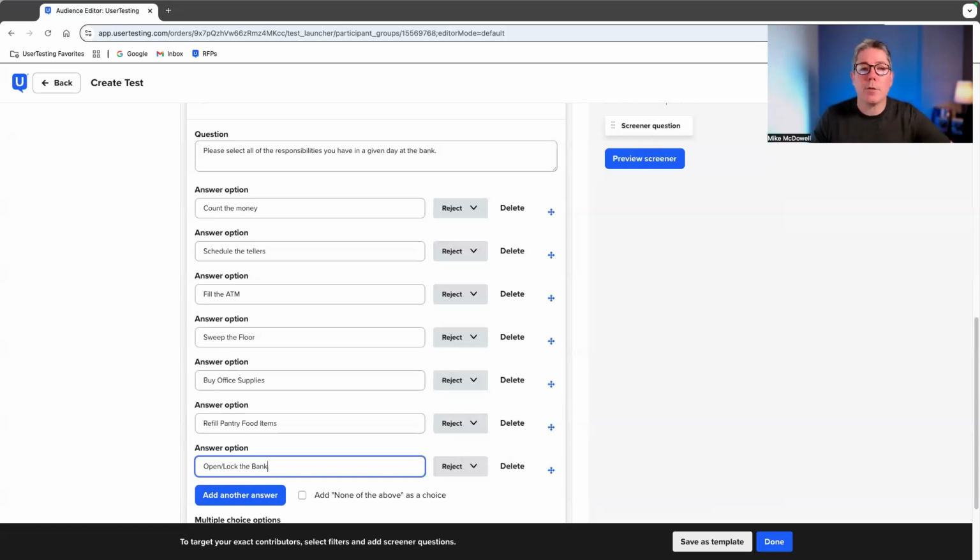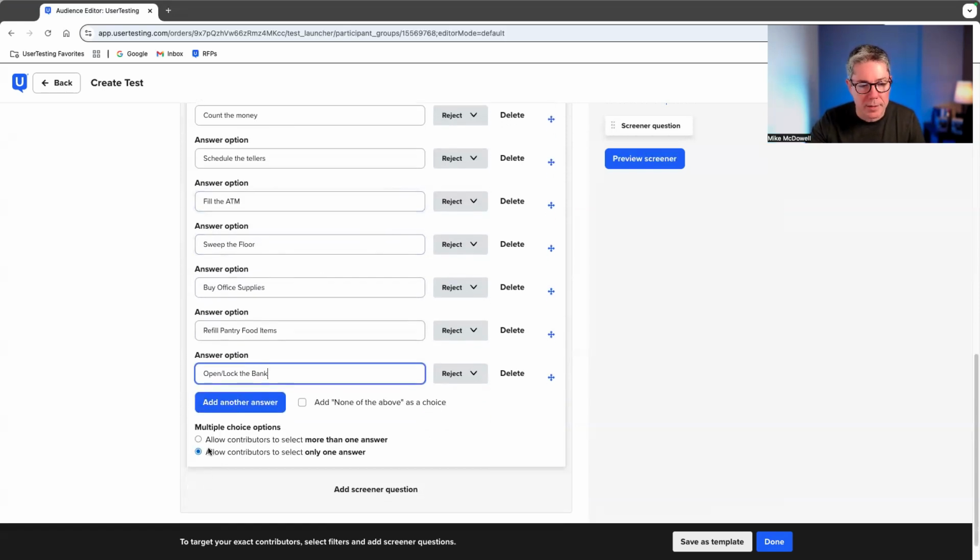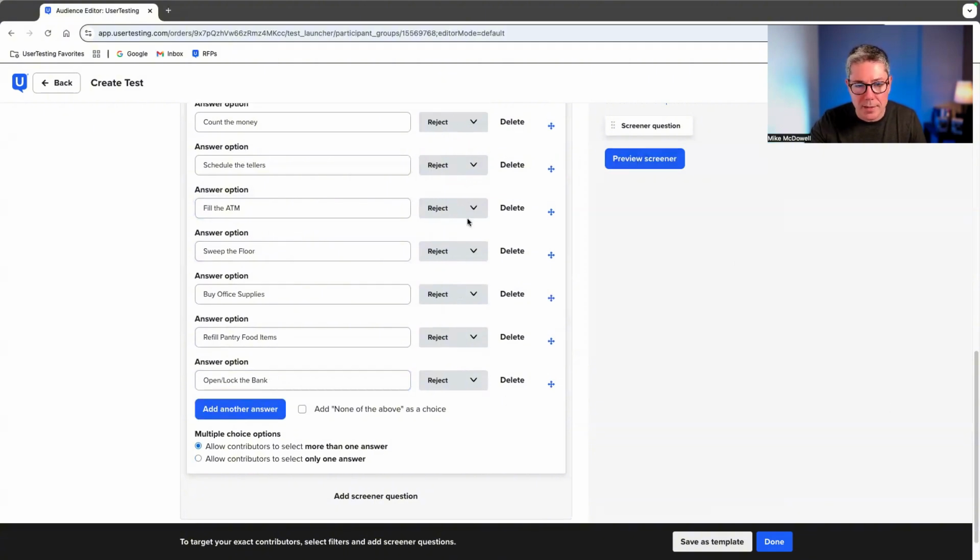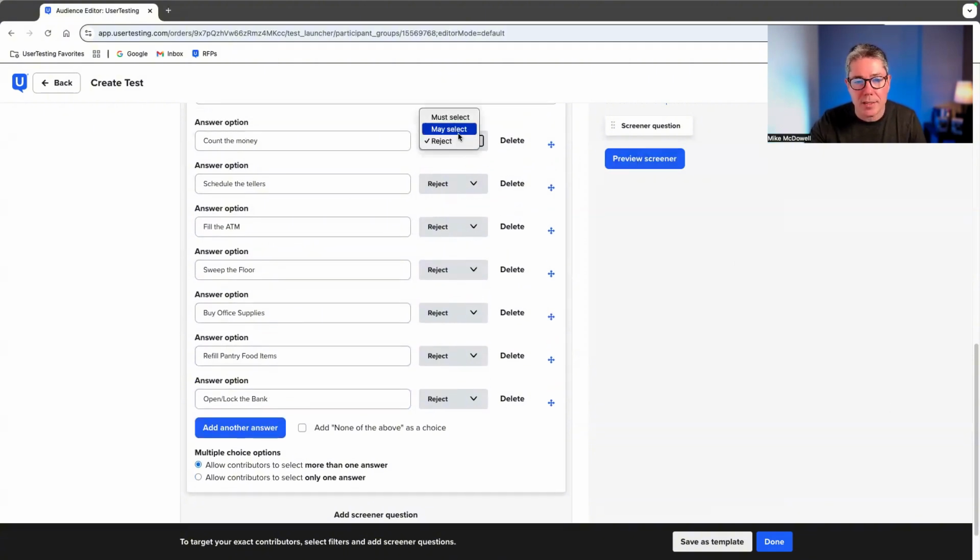Okay, so now we've given a lot of options here, and let's just say for the sake of argument that we were looking for someone in more of a managerial type of role. And so we're looking for the person who schedules the tellers. Oh, wait, let me check this: allow to select more than one. You'll notice that these options changed. And now instead of just accept, reject, you have must select, may select, and reject. I'm going to say schedule the tellers, must select. And so right now, I know that I want the person who does the bank scheduling, but they may have other responsibilities as well. So I have to be careful not to leave any of these as a reject unless I explicitly want to reject them. So I'm going to say may select,